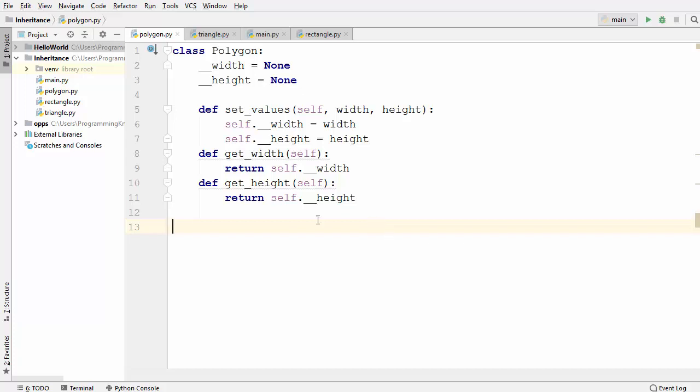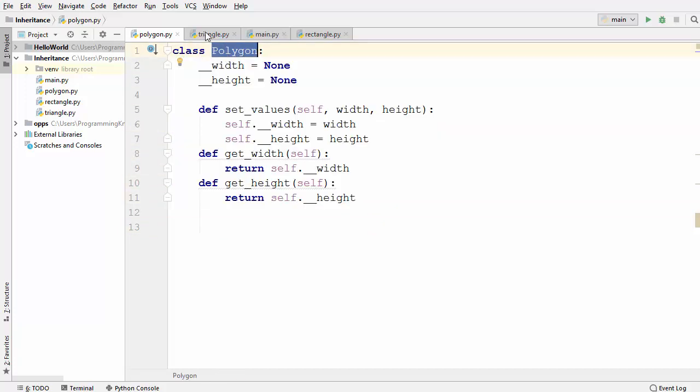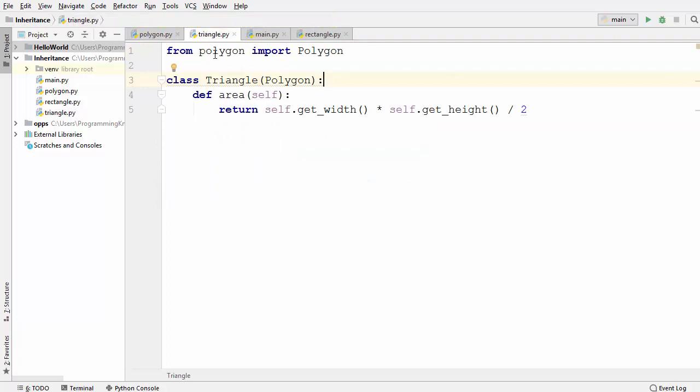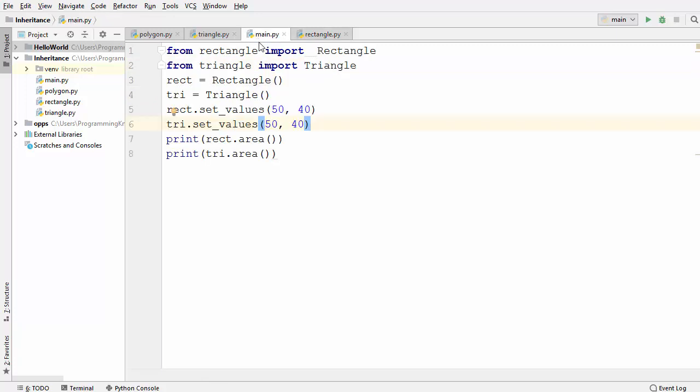Now I will be using this example which I have already shown you in the video on inheritance in Python. There is a class called Polygon, which is a superclass, and the other two classes are the Triangle class and the Rectangle class, which are the subclasses, and these two classes are inheriting from the Polygon class. And I also have one more Python file, main.py.